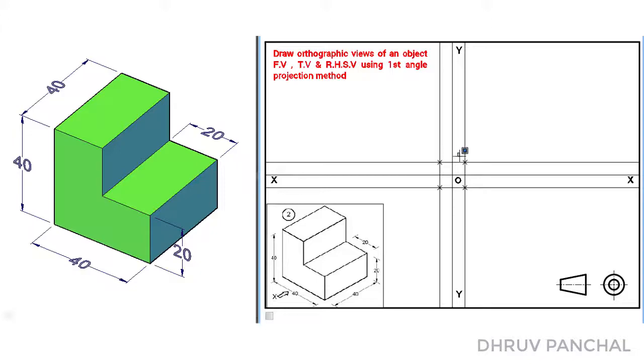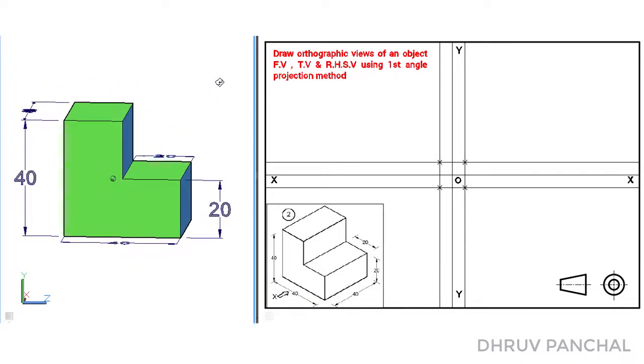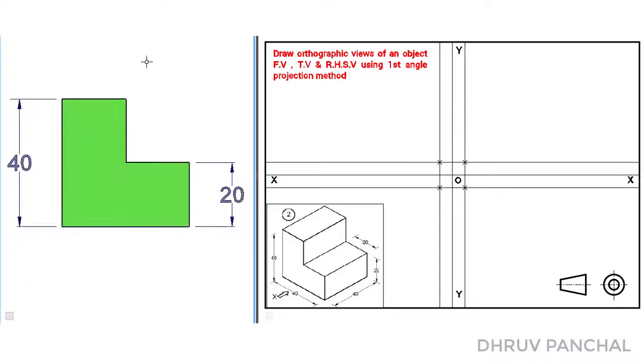Here, in first quadrant, the reference point is located at bottom left corner. So let's observe front view of the object with respect to given direction of view. As we can see, this is our bottom left corner in the front view, which will be our starting point for drawing front view in first quadrant.